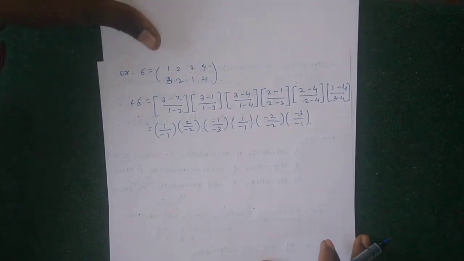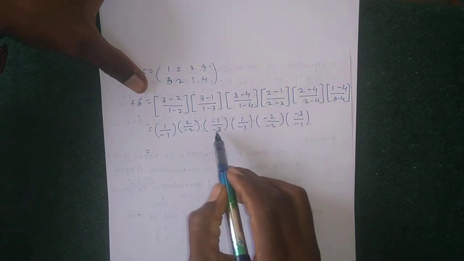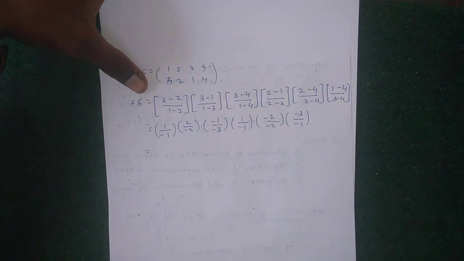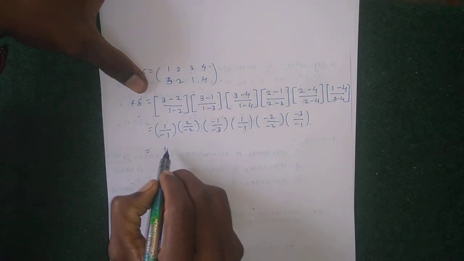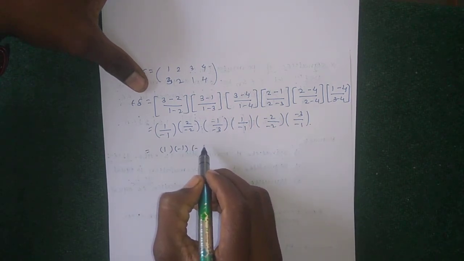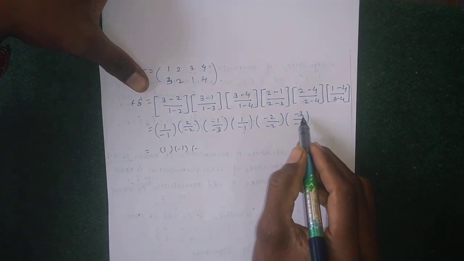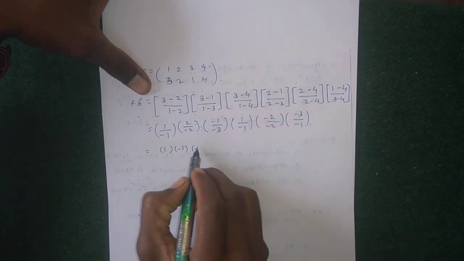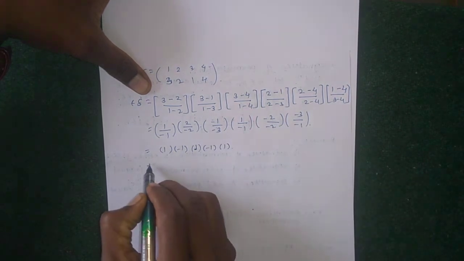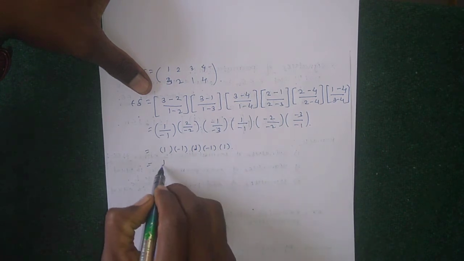Okay, so their product has signs minus, minus, plus, minus, minus. Here minus minus get cancelled, minus minus get cancelled, here also minus minus get cancelled. Okay, means 1 into −1 into 1 by 3 into 3. 1 by 3 into 3 value is 1. Then their value is −1 and their value is 1. So 1 into −1, 1 into −1 equals −1 into −1, which is 1.